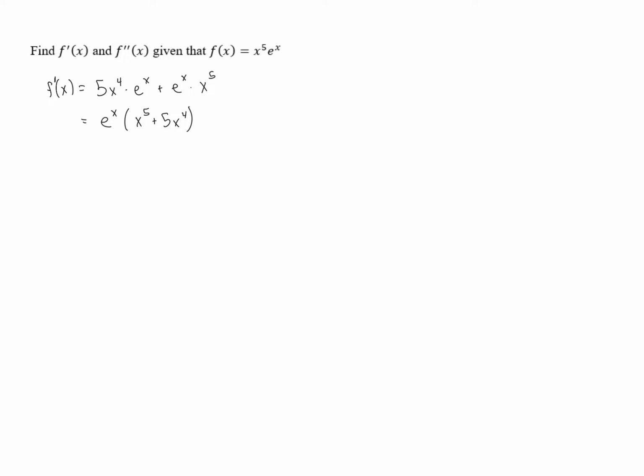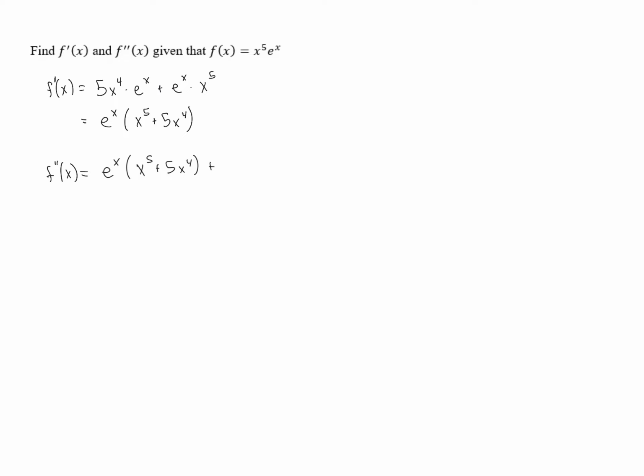Now, if we want to calculate the second derivative, if we want to differentiate what we already have, we can notice that the result is a product of two functions. So again, we can use the product rule. We have the derivative of the first function, the derivative of e to the x is e to the x, times the second function, x to the fifth plus 5x to the fourth, plus the derivative of the second function